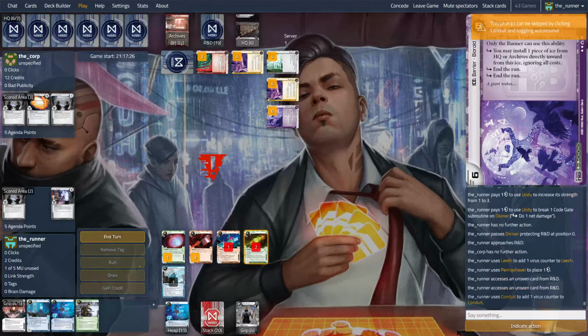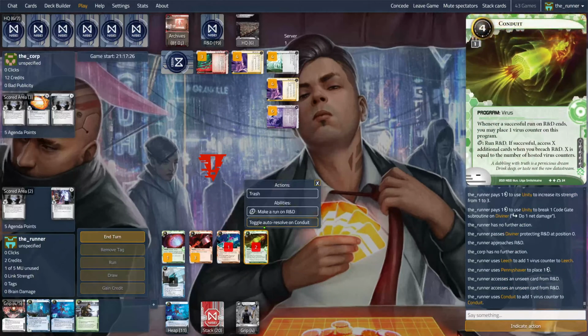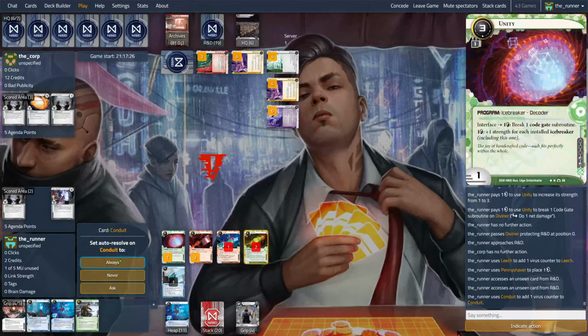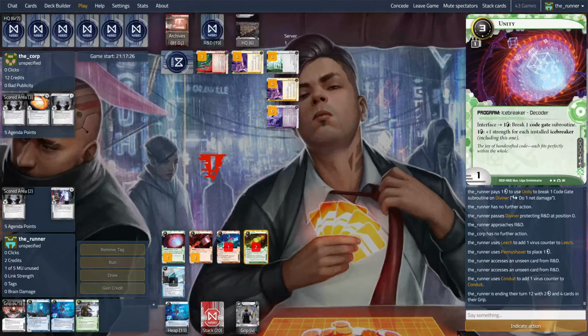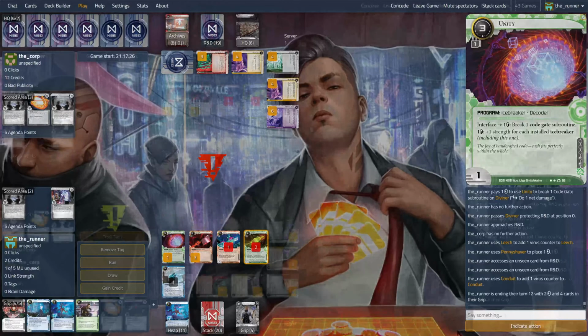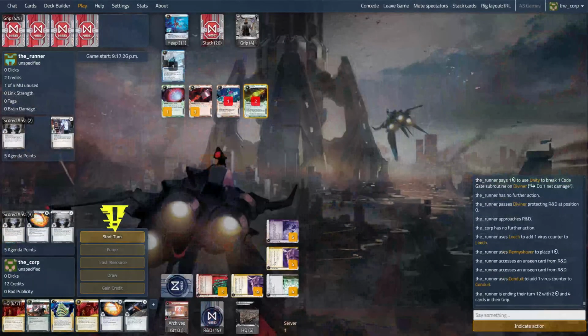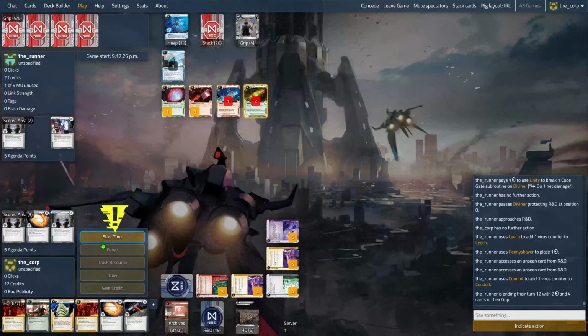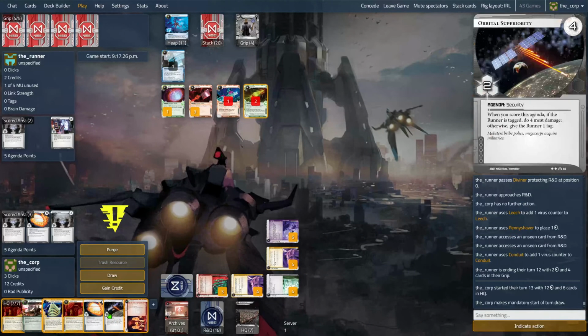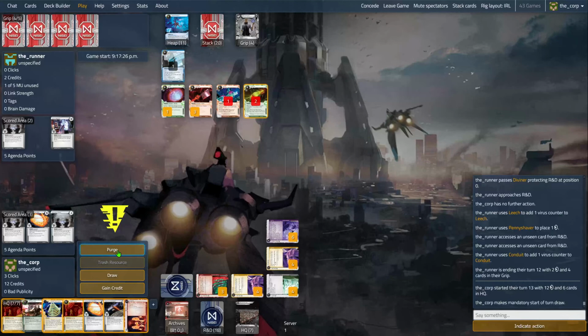I use the Conduit to put another counter on it. I could toggle the auto resolve and set it to always, and it will automatically do it. And then I just end the turn, and the corp is now, of course, sitting in the corpy corner going, haha, you are poor, you have not hit anything, and I have some agendas in my hand, I could potentially win this. So of course start the turn, and now the option to purge, I'm going to undo the turn,